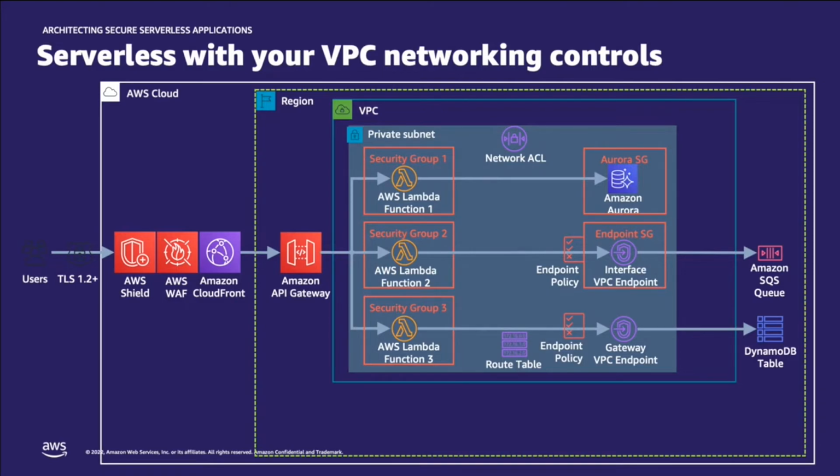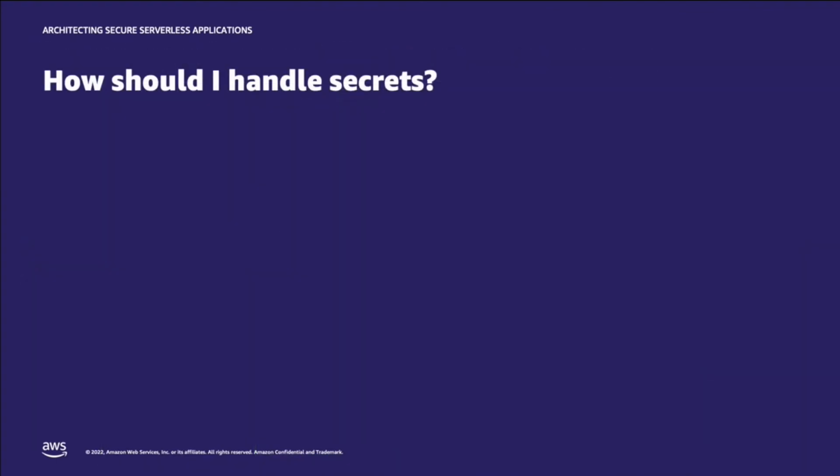So you may combine this into a single place. On top of that, outside of this network thing, how should I handle secrets? This is really straightforward. The recommendation, as I mentioned earlier, is to leverage AWS Secrets Manager